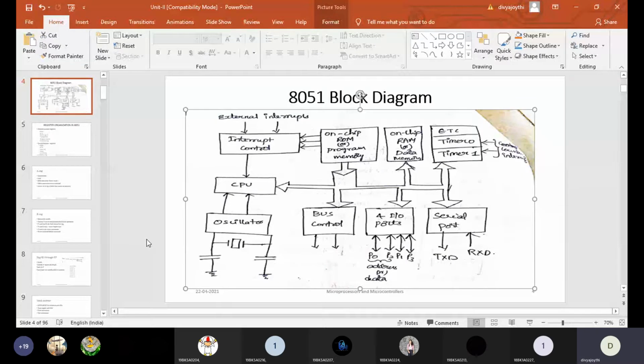Just assume it takes 1 hour to execute one instruction; for 10 instructions it will consume 10 hours of time. So a simple 10 lines program, if it takes 10 hours to execute, then you can imagine how slow the processor can be, how slow the controller can be. If the processor or the controller is slow, the system on which you are working will become slow.